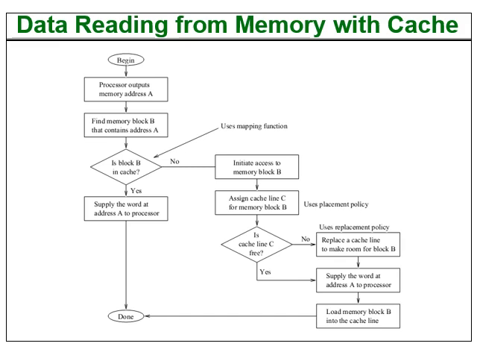If you remember, we discussed this particular flowchart, and let's go through this flowchart once again so that the purpose of the mapping function becomes clearer to you. In this flowchart, we started with the processor outputting a memory address. As I have discussed earlier, and as I asked you to note down, the processor always outputs the memory address for the larger memory, which in this case is the main memory.